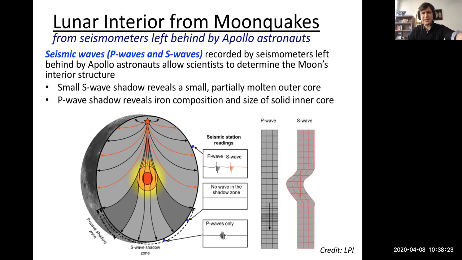They're not created by plate tectonics, which is the reason that Earth has so many earthquakes, but there are things like asteroid impacts that are creating new impact craters. There are cliffs that will slump and fall down. There are slight tectonic activities still happening on the moon as well. Each one of these creates a moonquake, which then sends out seismic S waves and P waves coursing throughout the interior of the moon, where they can be detected by all the seismic stations left behind by the astronauts, and we can play the same game that we did with the Earth to start determining the interior structure